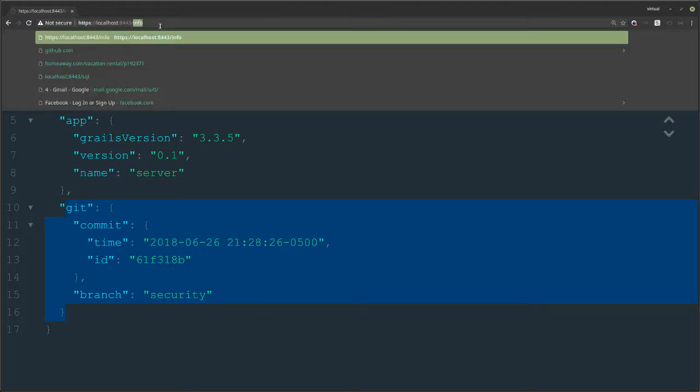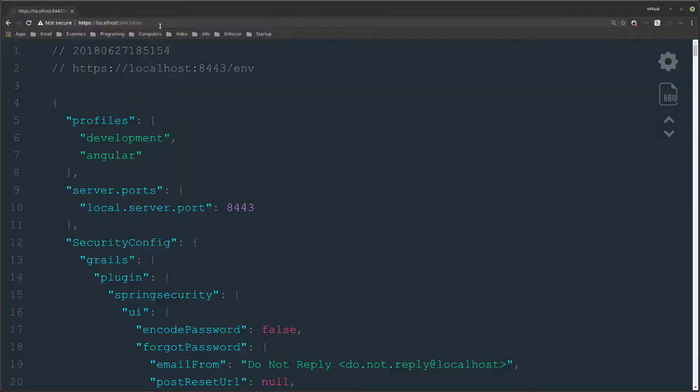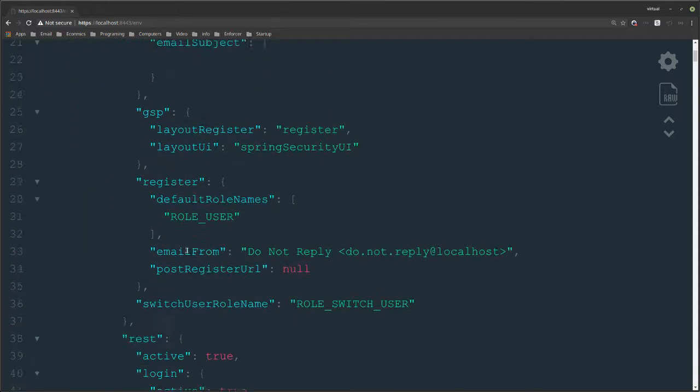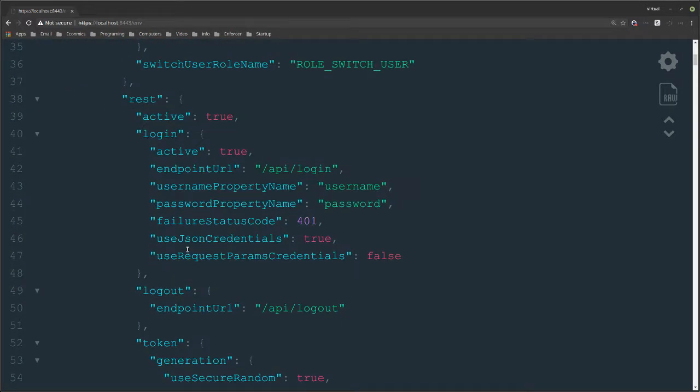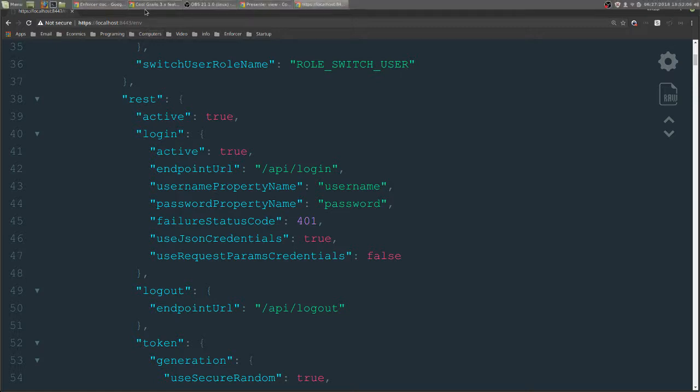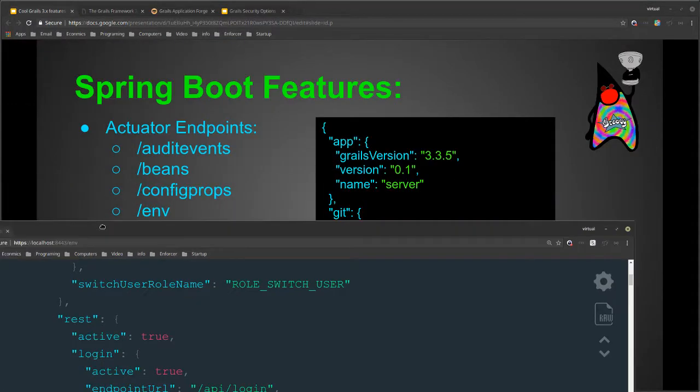There's also ENV for the environment, which gives you a whole bunch of environmental information.